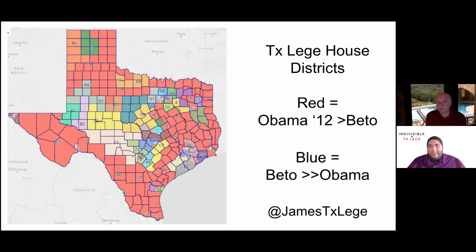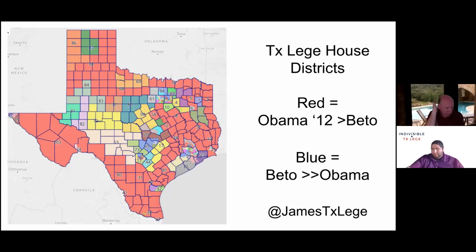And also, one thing that could be playing in this as well is what are your thoughts around Obama being a presidential election cycle and Beto being a midterm election cycle? Yeah, it matters a lot. I think one of the things that people have talked about with Beto is that he didn't do all that well in the Rio Grande Valley counties, the 4 counties at the very southern tip of Texas, compared to Obama in 12. But one of the reasons is, I think there are 2 factors that are kind of important to keep in mind,